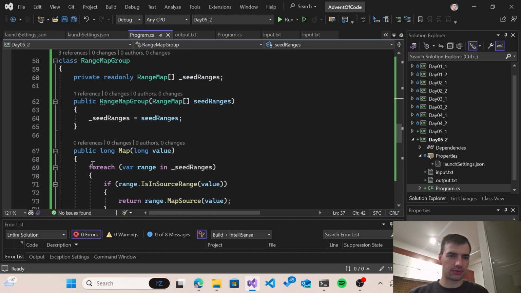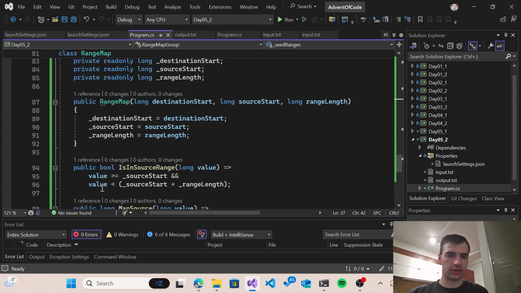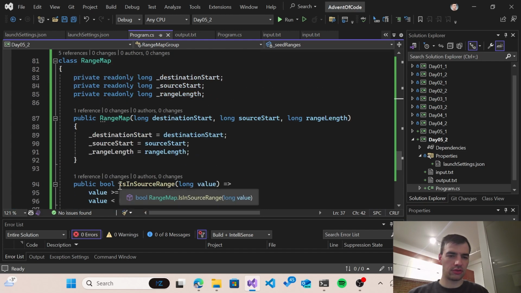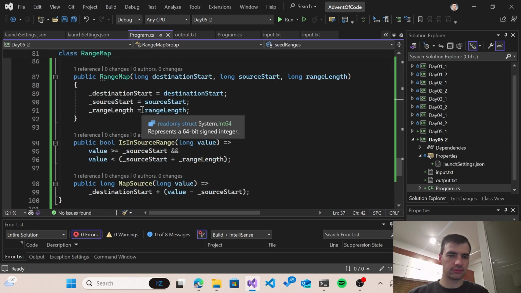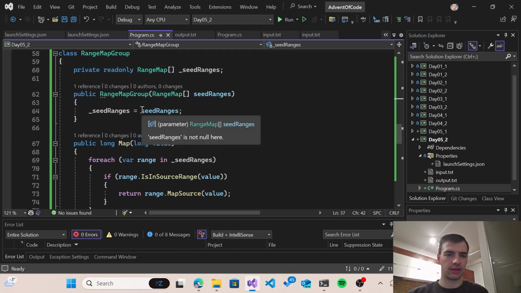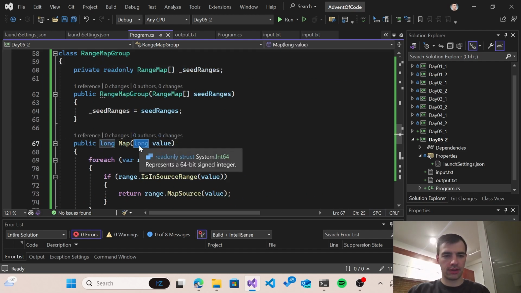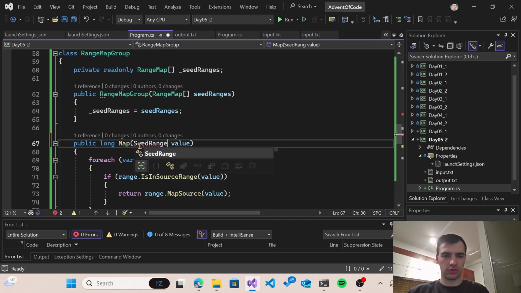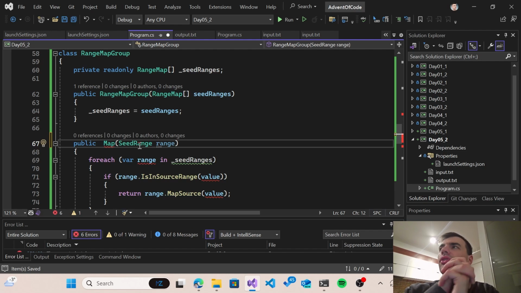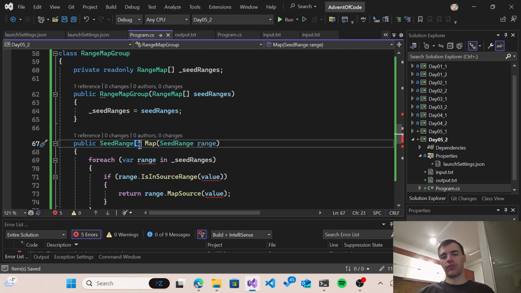So what I think we should do is that we would, like, instead of value, we would map a whole seed range, and mapping a seed range against a group of range maps could produce multiple different seed ranges, because if a seed range is from 0 to 1000, that we have multiple different smaller ranges that map to some smaller ranges,